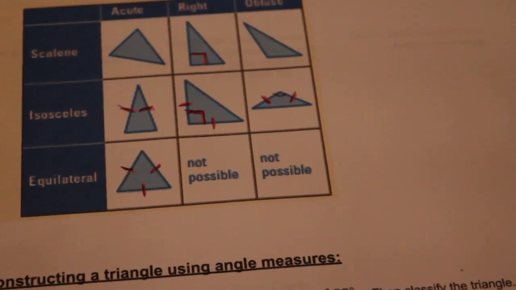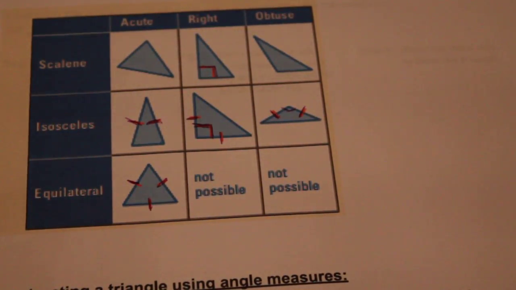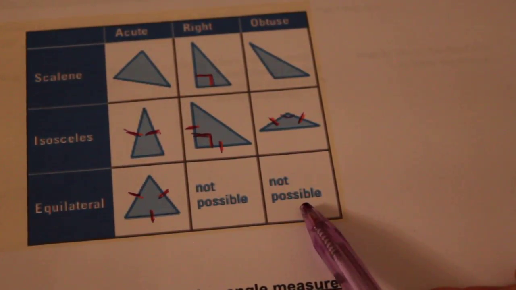And then as we saw in the last one, you can have an equilateral, equiangular triangle where all the sides and all the angles are the same in measure. But you cannot have a right equilateral or an obtuse equilateral. Those are not possible. See right here, these are not possible. You cannot have